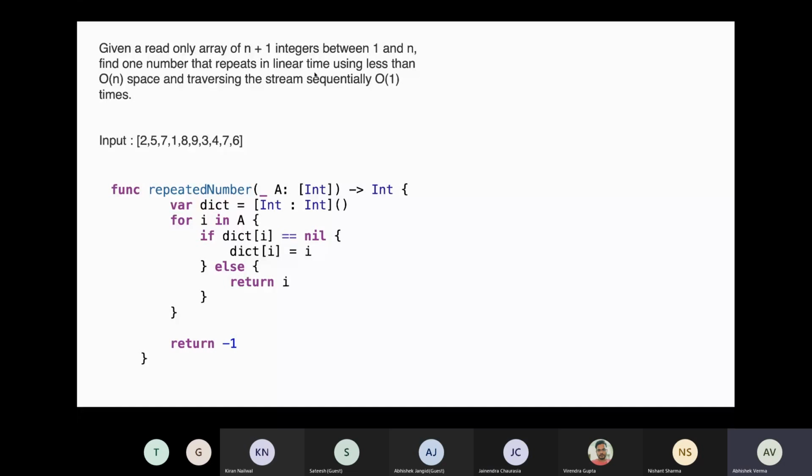Another solution could be to take two for loops and compare: if the number at index i exists anywhere in the j loop, then it's a duplicate, and I can return that number. But it will take O of n square time, and the space complexity will be O of 1 only. Okay. Yeah.